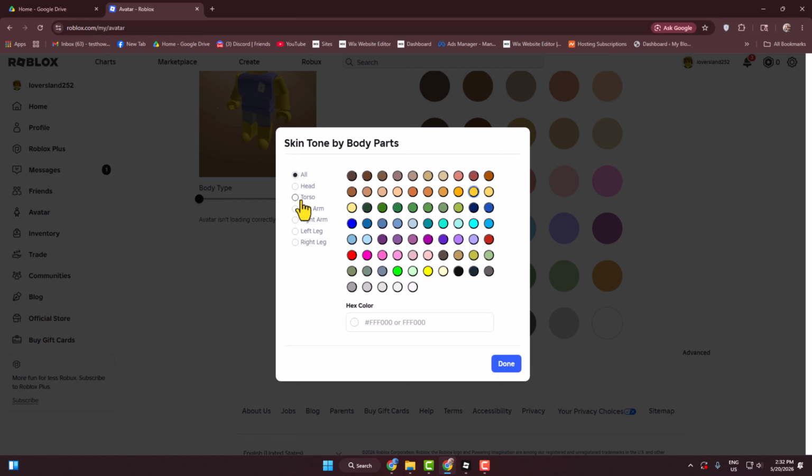And then select torso, and for torso we will select this blue color, and then we will select left leg, and for left leg we'll select this color, and select right leg and select the same color. After that, click on done,